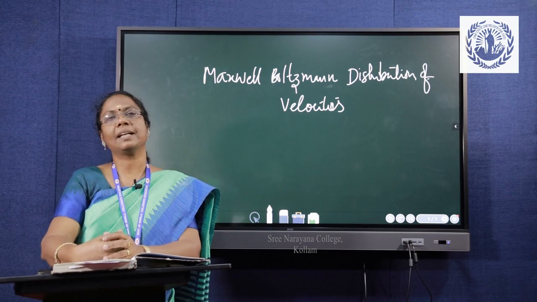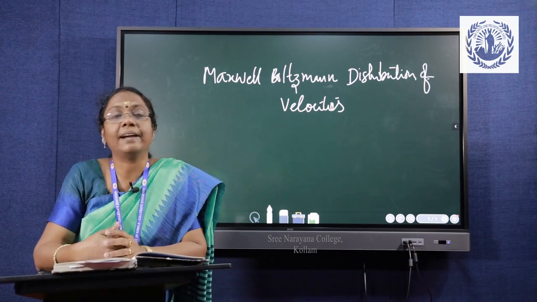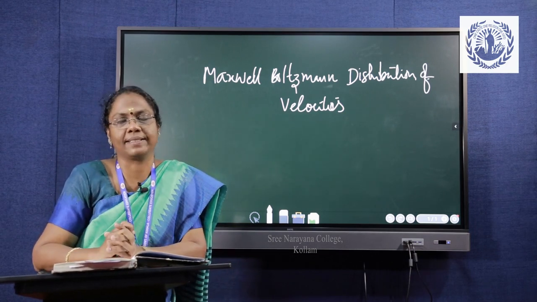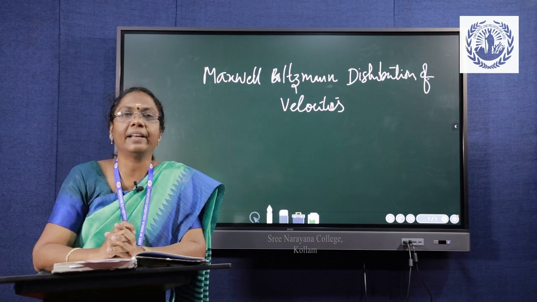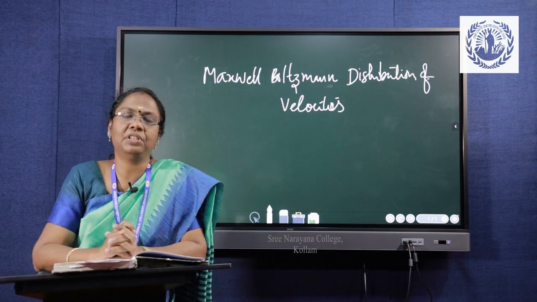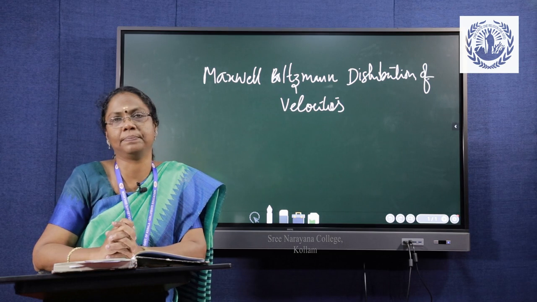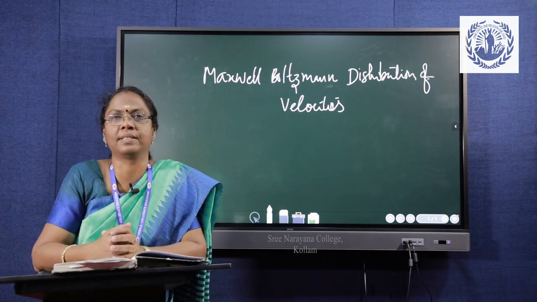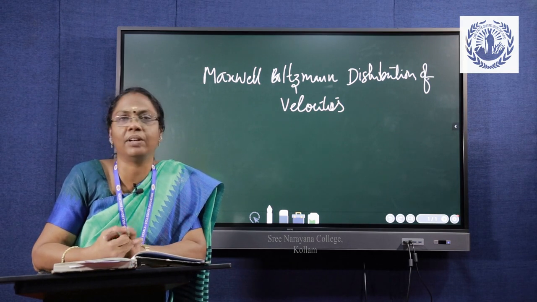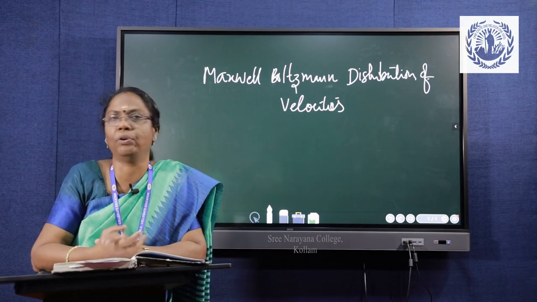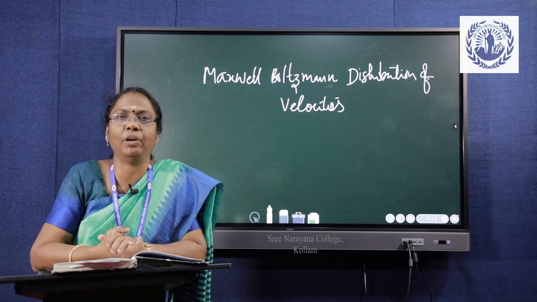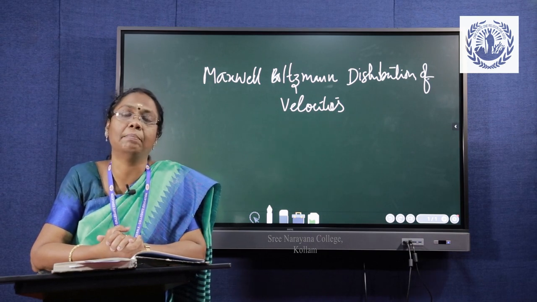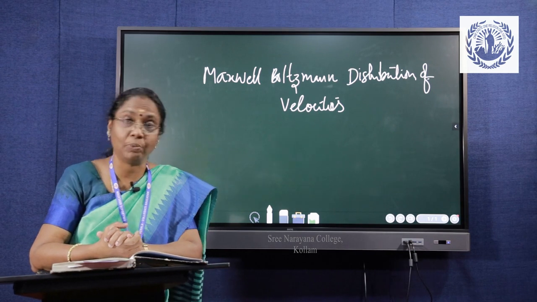So, James Clerk Maxwell studied this distribution of velocities, and he derived an equation which is based on the probability law, which says that the fraction of molecules possessing a particular velocity is only very few. And he derived an equation which is called the Maxwell-Boltzmann distribution of velocity. And that equation is